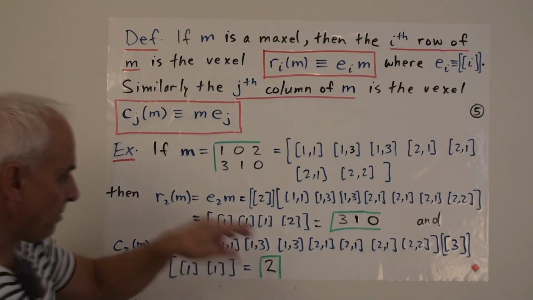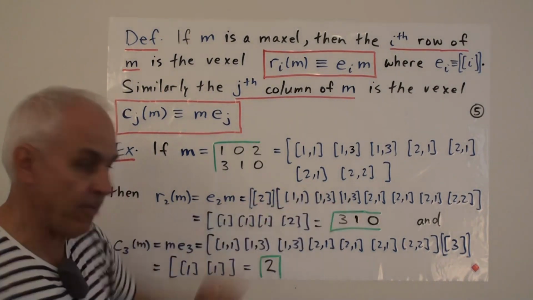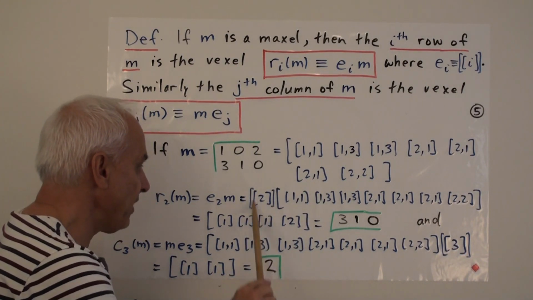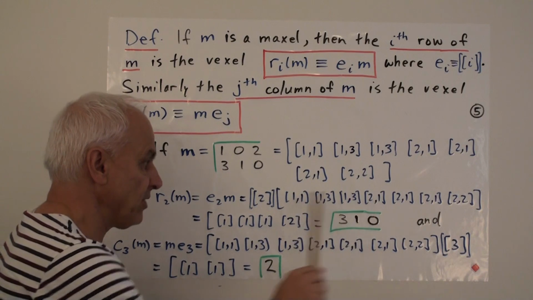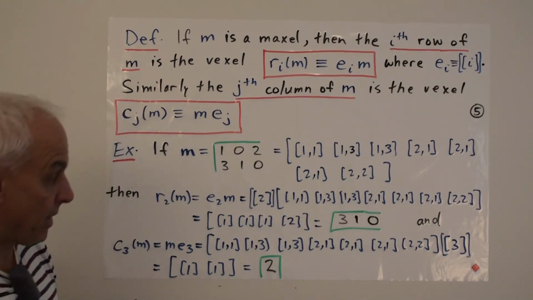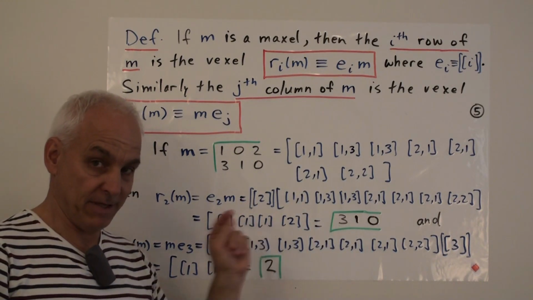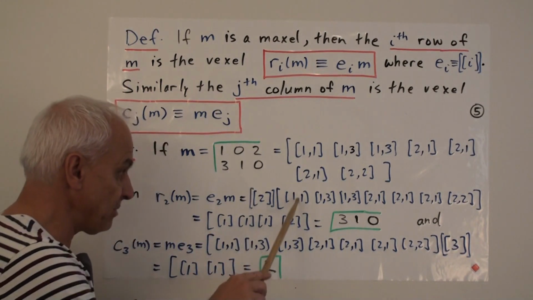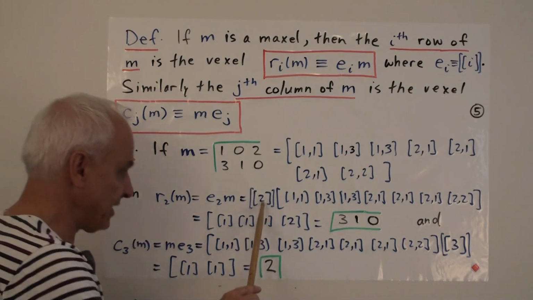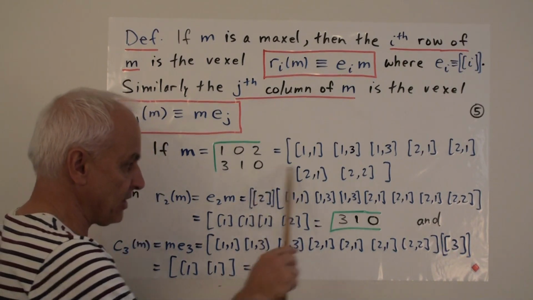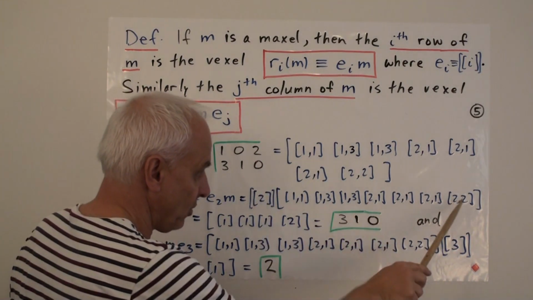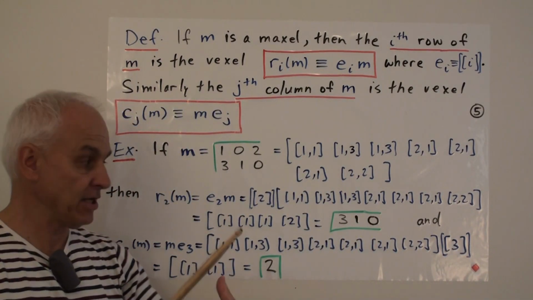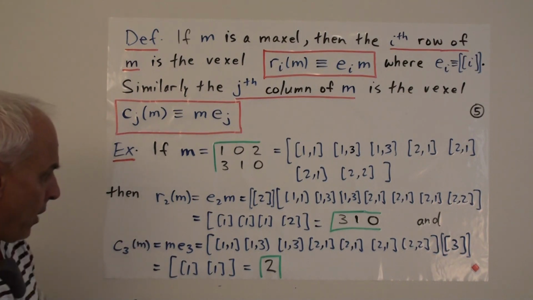So to multiply this M set with this M set, we have to multiply all the possible products between the entries of this M set with the entries of this M set. Now there's only one entry of this M set, namely the singleton 2. So we have to multiply this singleton 2 with this pixel 1, 1, and the singleton 2 with this pixel 1, 3, and so on all the way up to this singleton 2 times this pixel 2, 2. We have to put all the results of those multiplications in a box. Okay, so what do we get?